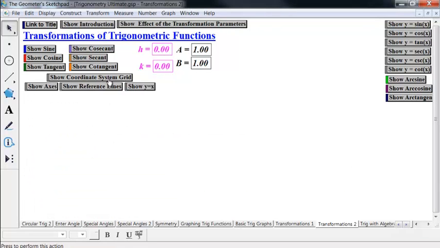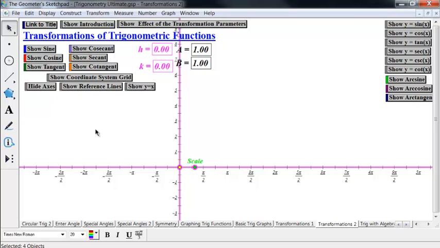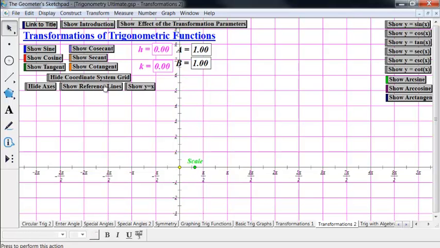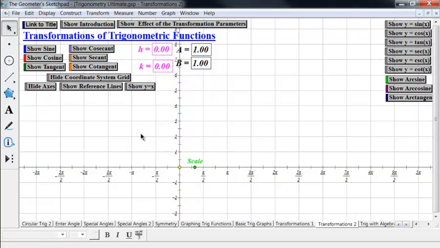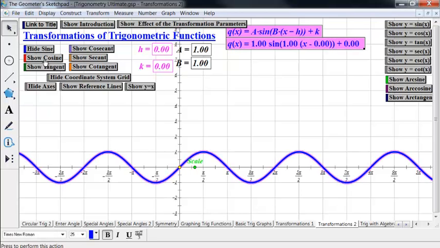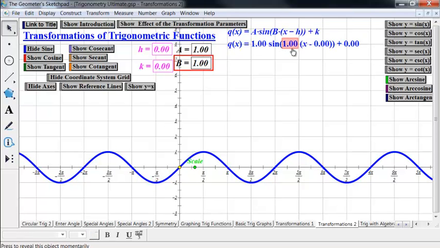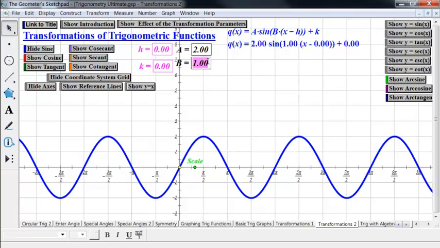So I can turn on some axes here, and I can turn on or off a grid with that. So, for example, if we have sine of x, this one actually shows the formula with the numbers in there, and I can type in a particular formula. So let's say a is 2, and b is 0.5,